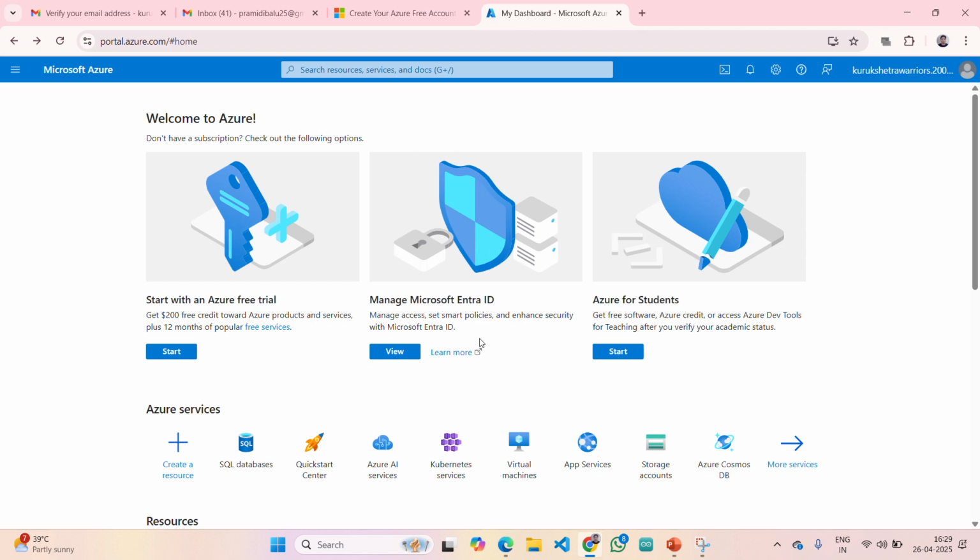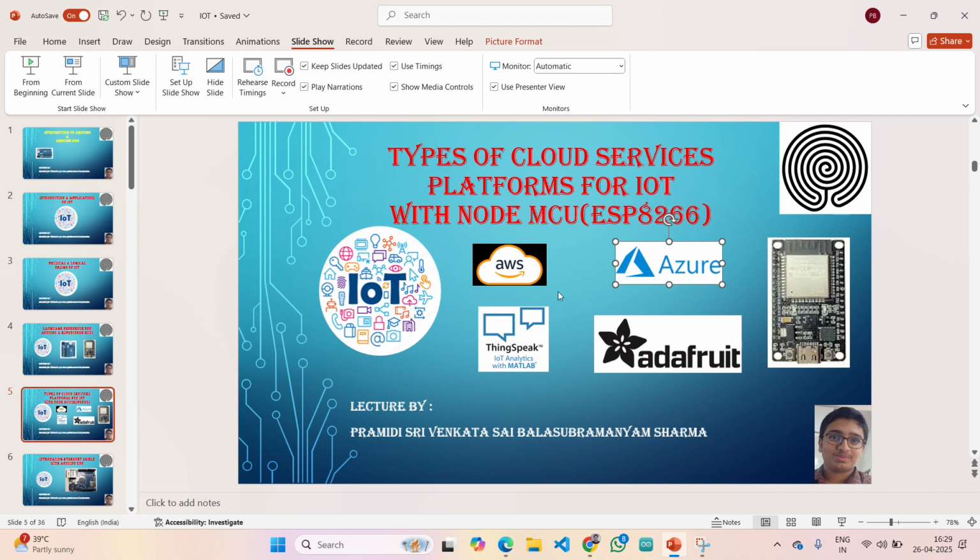So these four things are covered in this session, how to create accounts. In this video description, all the links are available. But remember, for AWS you need to give your credit card and debit card details. Based on the interest of the majority of students, I will decide whether to use AWS or not. But we'll use ThingSpeak and Adafruit. If we skip AWS, that particular experiment, the IR or LDR one, I'll link it either to Azure or Adafruit or ThingSpeak.